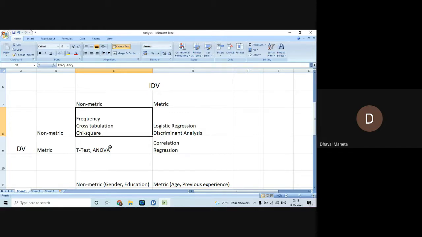When one variable is metric and another is non-metric, some example must have been given where you are comparing A with B. Anybody recall the example? Any example in which you were comparing two groups? Which were those groups?